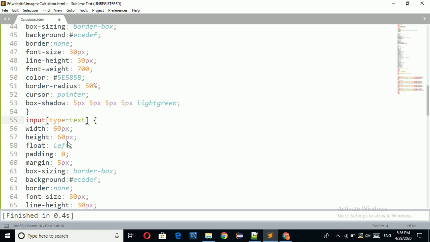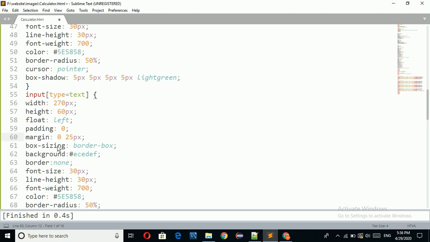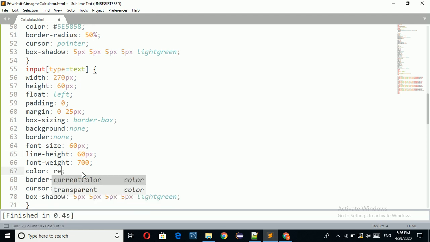All the properties are the same for the text box also, and width equal to 270, and height equal to 60, float left, padding 0, margin 0, 20 pixel, 25 pixel, box sizing equal to border box, and background equal to none, and border also none, and font size 60 pixel, and line height equal to 60 pixel, font weight 700, and color.